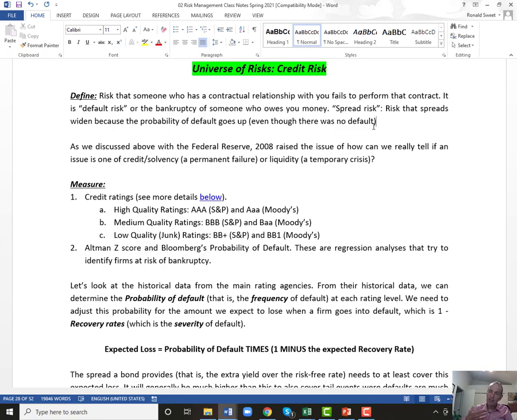So these overlap. And you might have noticed this in your project one, your paper one. Spread risk is part of credit risk, but it's also part of price risk, because credit risk is someone doesn't pay you, but price risk is your bond price falls. So why did your bond price fall? Well, the bond price fell because this firm had something bad happen to them, and the probability of them repaying their debt has fallen, so their spreads gapped out. I think you could go put them in either category. You could put spread risk under price risk. I like to put spread risk under credit risk. I think it belongs better under there.